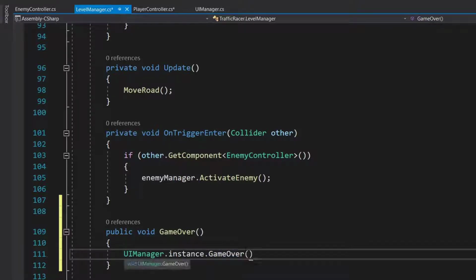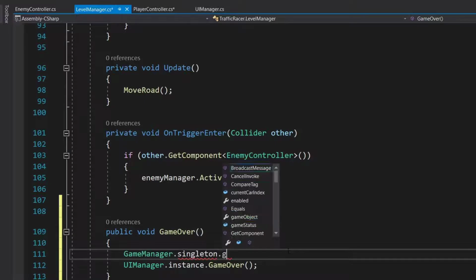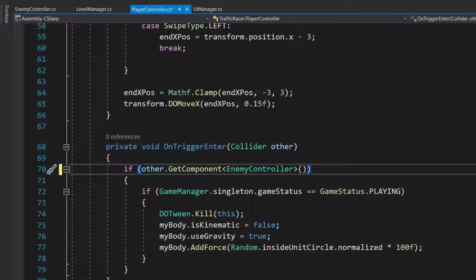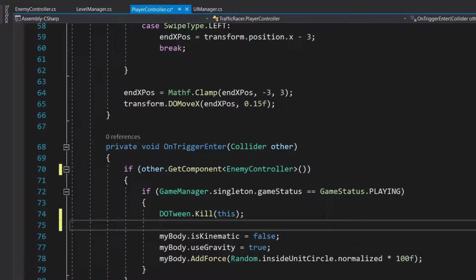Before we do that, we have to set our game status: GameManager.singleton.gameStatus will be equal to GameStatus.failed. And in our player controller, once we have collided with our enemy, we will just call LevelManager.instance.GameOver.